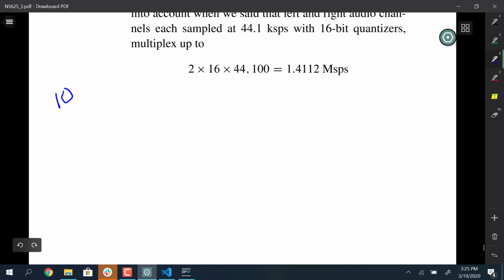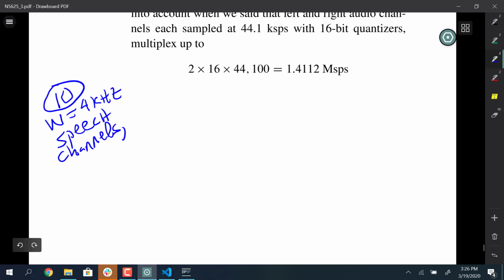Suppose we have 10 W equals 4 kilohertz speech channels, and the number of bits is going to be 8 bits per channel, and